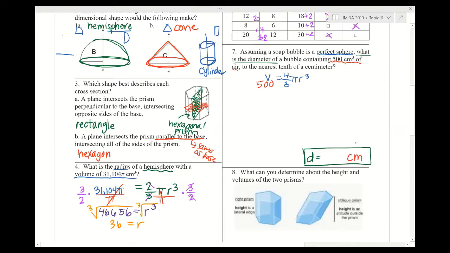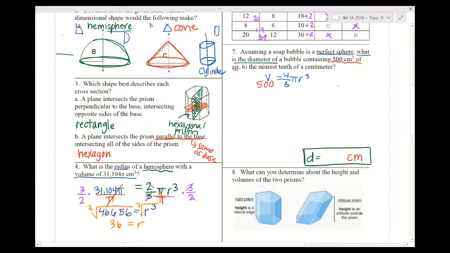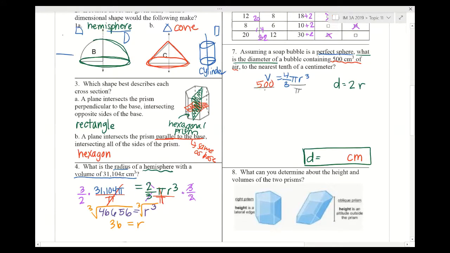Thus, to solve for the value of r, we're going to have to do the exact same process that we did in the last problem. We're just going to do something different at the end. So once we get our radius, remember that the diameter is 2 times the radius. And so we solve for r, and then we're going to double that to get the answer for the problem. So we're going to take 500, and let's divide both sides by pi. So if we divide both sides by pi here, we get 159.15